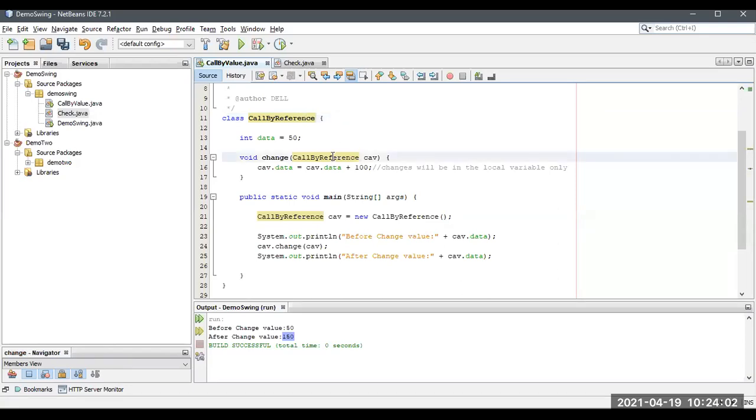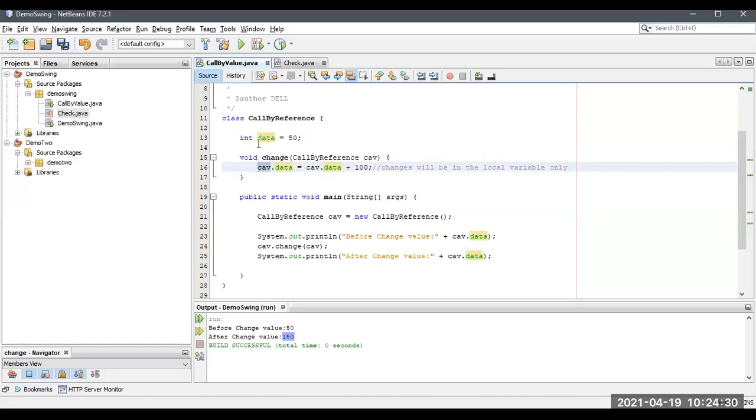If you are going to send only primitive values or non-primitive values, that doesn't matter, which we call a call by value. And this is called a call by reference because I'm taking the reference of this class object and I'm sending this object towards this method. So this method consists of a call by reference, and through that reference I'm accessing the data.